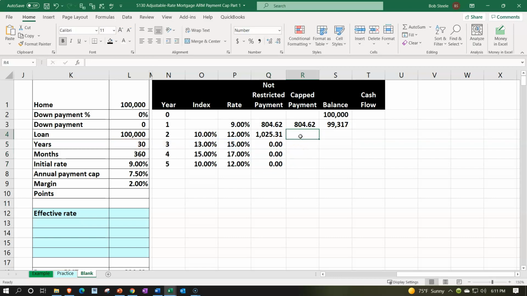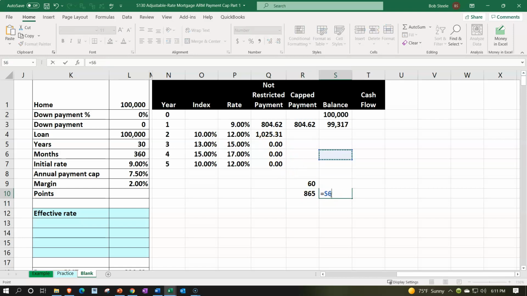Then we could say, okay, what about our cap rule? Now we can apply the 7.5. So is that greater than this plus 7.5? We could do that a couple different ways. We could say, well, this times 7.5 would be that, and then this plus that would be that, and this is smaller than that, so we'd have to take the smaller one. Or we could take this times 100%, 1 plus 7.5,